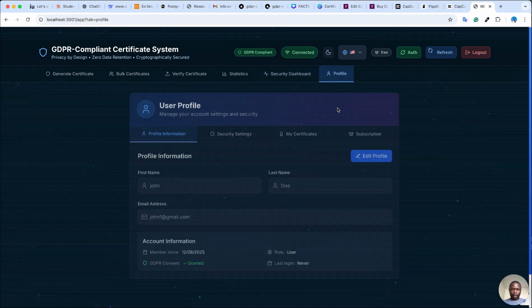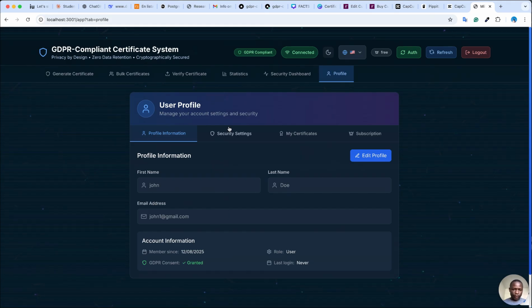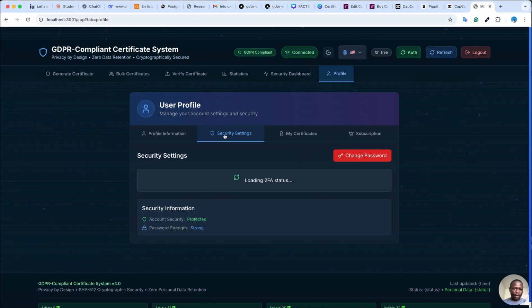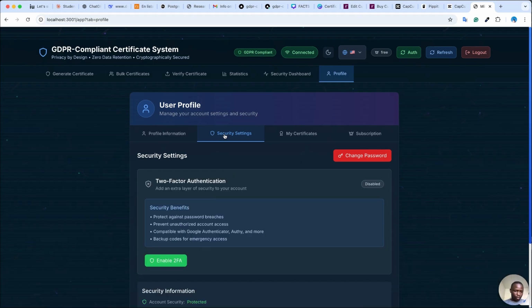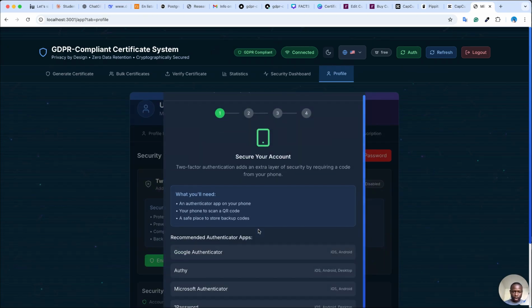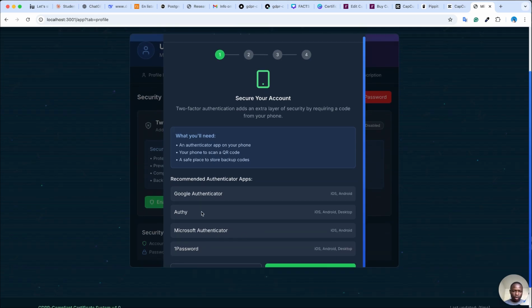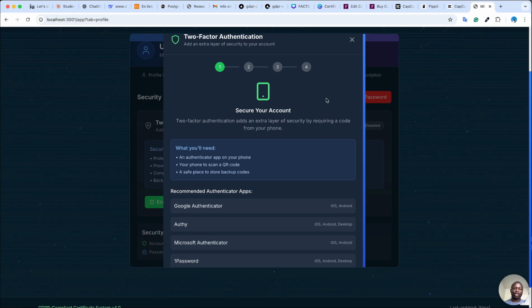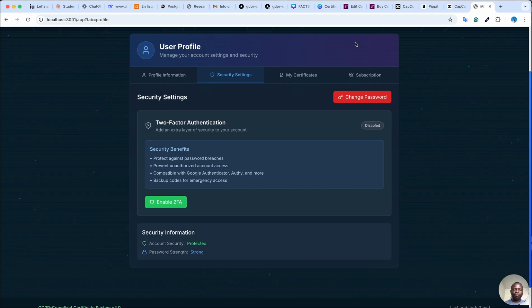In his profile, you can see that he can even come here and enable two-factor authentication. When I press here, you can see the instructions on how he can go, whether using Google or Microsoft Authenticator or 1Password. Then you come here and create it, and the system will generate the QR code or number that you can use to